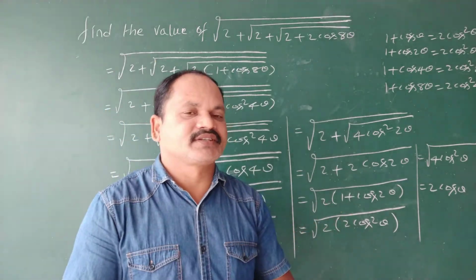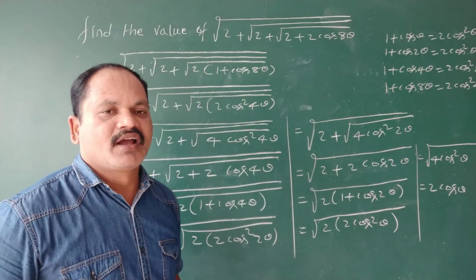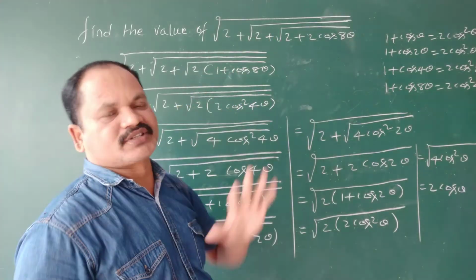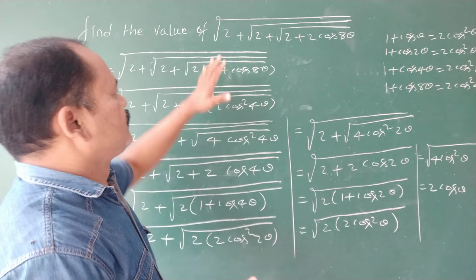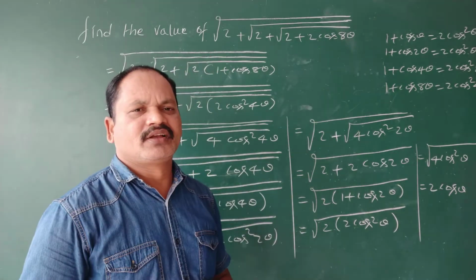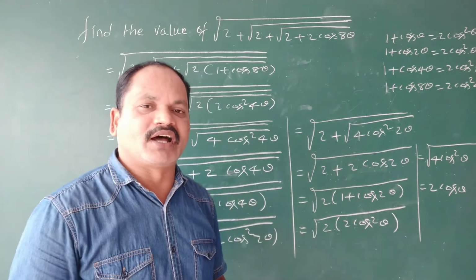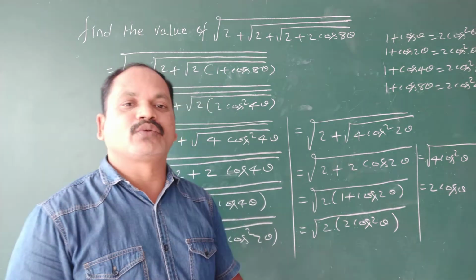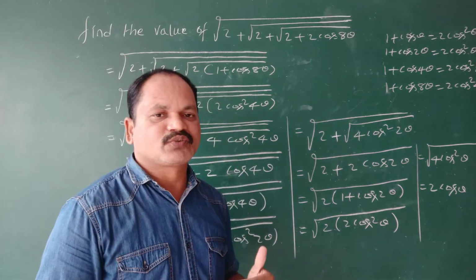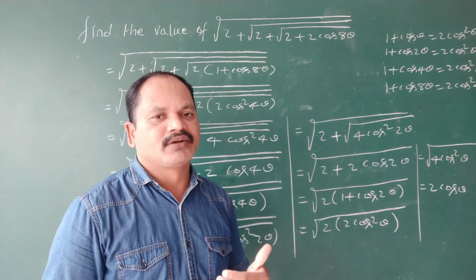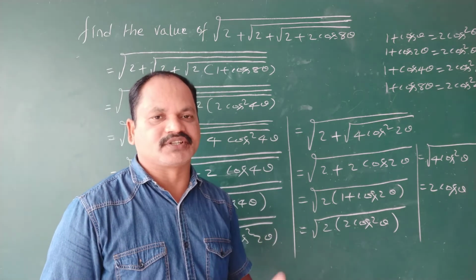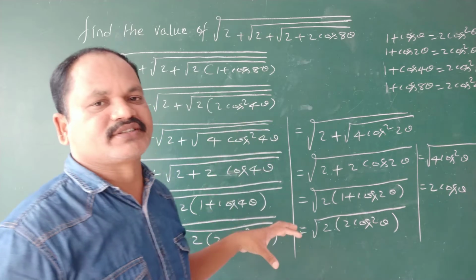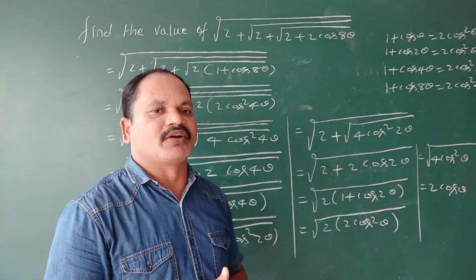Actually, this is the process for finding this type of questions. Of course, this is 1, 2, 3. So 3 square roots are there. So for 3 square roots, these are the steps. Suppose there exist 5 square roots or 6 square roots, 8 square roots, 10 square roots and 20 square roots. N number of square roots, it is lengthy. That's why we have to find the shortcut way for this question. Shortcut method for this question. So we have to discuss. We have to find the shortcut formula for this question by solving number of questions.